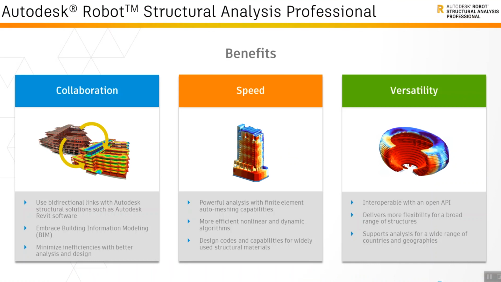The first one is collaboration, and the second is speed, and the third is versatility. So what does the term collaboration mean? In the designer's world, the model has to be built again, and he has to design for the codes given, right? But here in our Autodesk world, collaboration comes easily, because the architect or a modeler will be doing the models in Revit, and then the designer will take the model and design the things as per the code given.